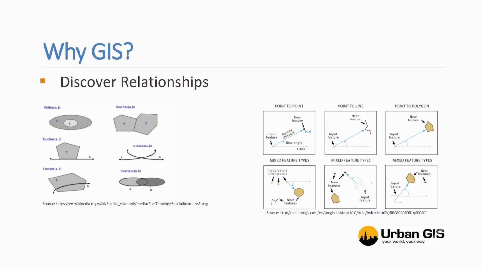We can begin to ask questions about how one thing here is related to one thing over here, to evaluate that relationship and to explicitly represent it in different ways. So I just have a simple set of graphics here. Circle A can be contained within circle B. Shape A could touch shape B. It could be on top of it, could cross. They could overlap. There's these different spatial relationships that at a very high level don't seem to be important, but